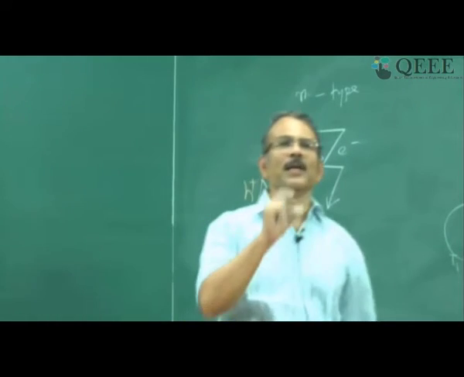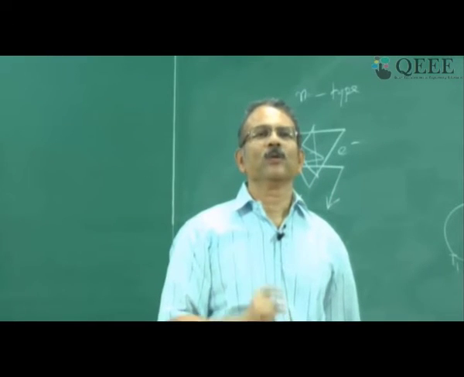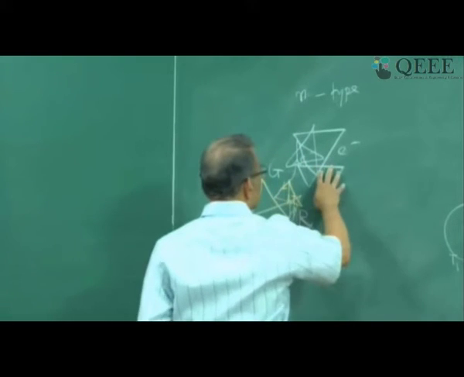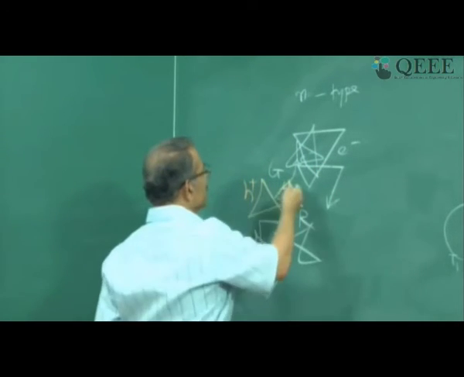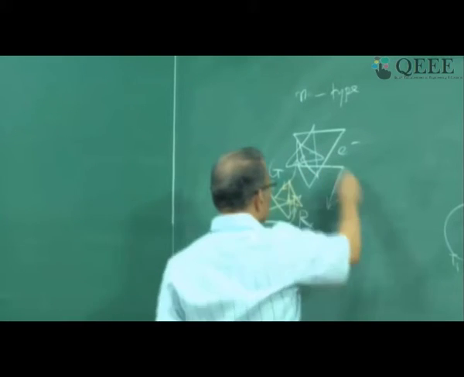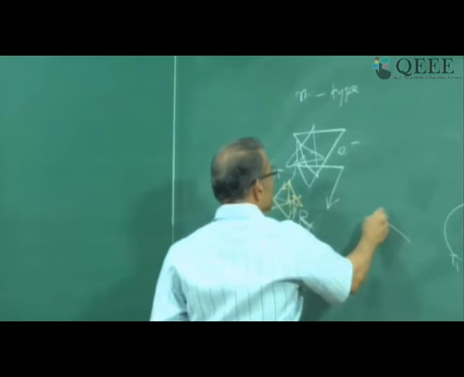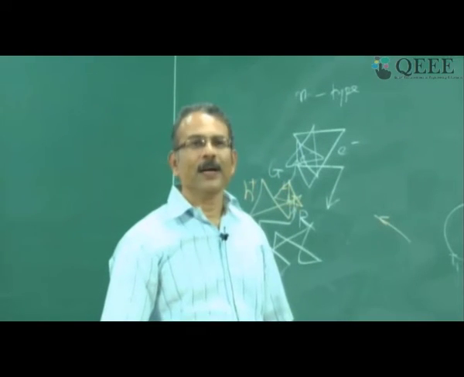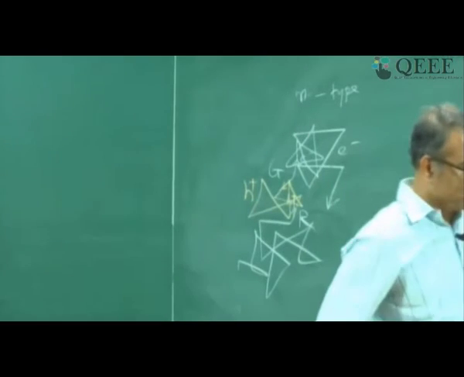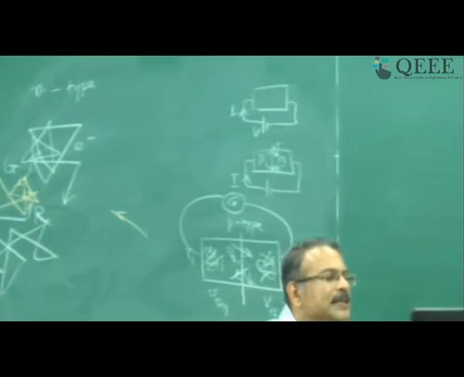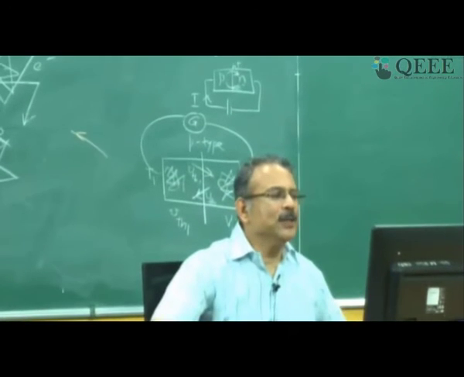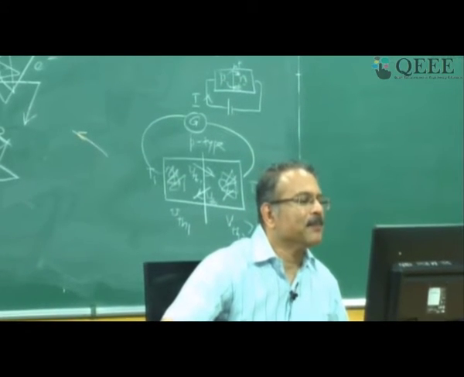The minority carrier therefore will not remain very long as compared to the majority carrier. This electron however can die only if it meets a hole, but unfortunately holes are in very small number. So it will go on like this until it meets a hole somewhere. So it will remain much longer. I hope it is clear. That is why minority carrier lifetime is less than majority carrier lifetime. If it is not clear, in the next class I will ask you in the beginning and then you can tell me at that point.